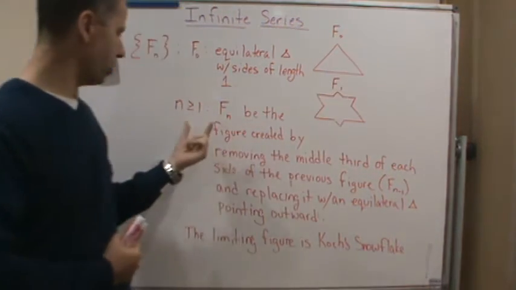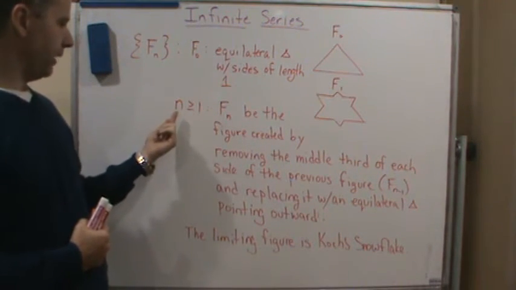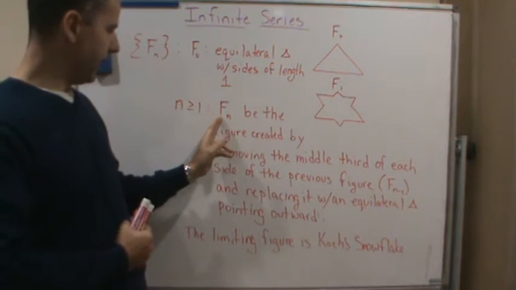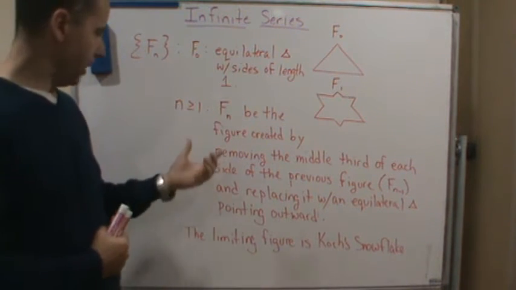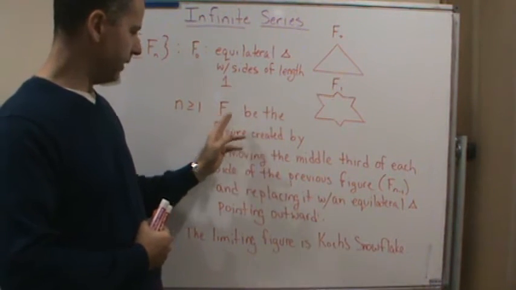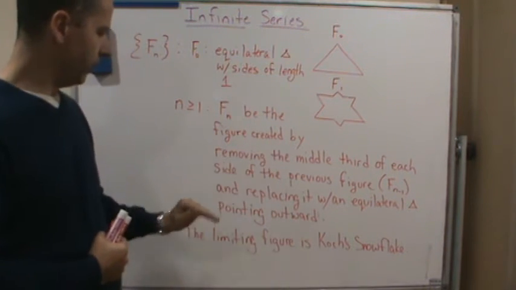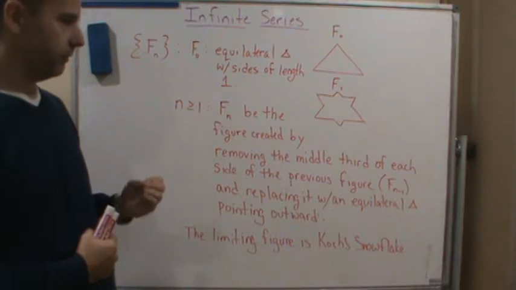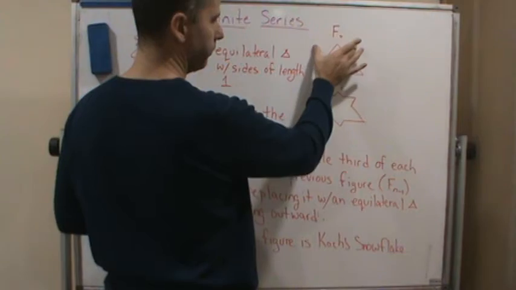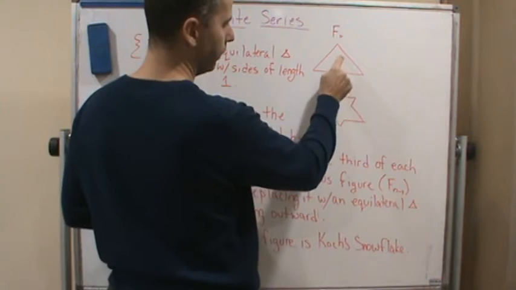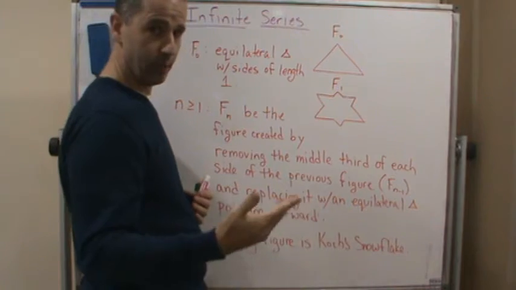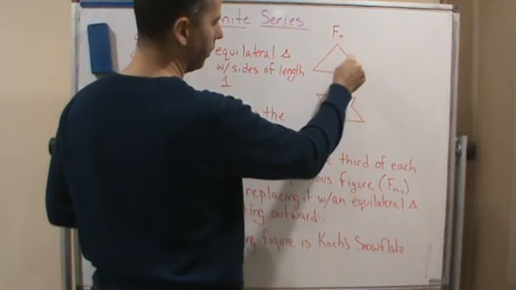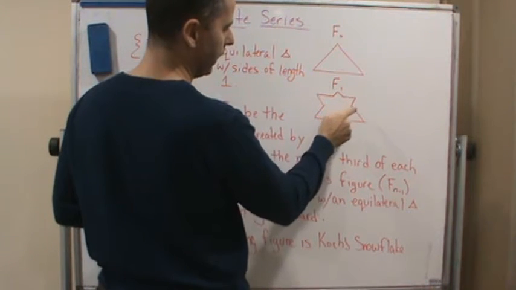So for all subsequent figures, for n equal to 1 or higher, f of n is going to be defined recursively, and it's going to be defined as such. We're going to say f of n is the figure created by removing the middle third of each side of the previous figure. So, for example, going from f0 to f1, we remove the middle third of each side, and we replace it with another equilateral triangle